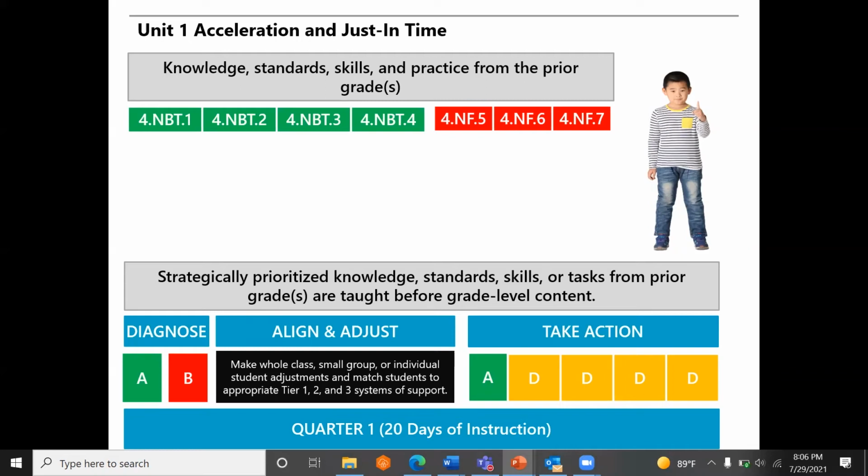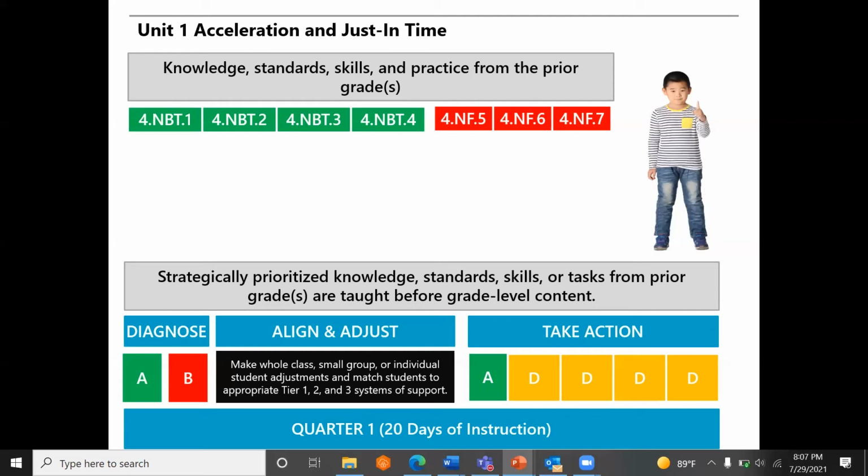Once that teacher gets that data back, then that teacher can make decisions and align and adjust instruction accordingly. They will be able to provide alignment and instruction for whole class assignments, small group, and individual student assignments and supports, whether it be through year-long units or at the lesson adjustment